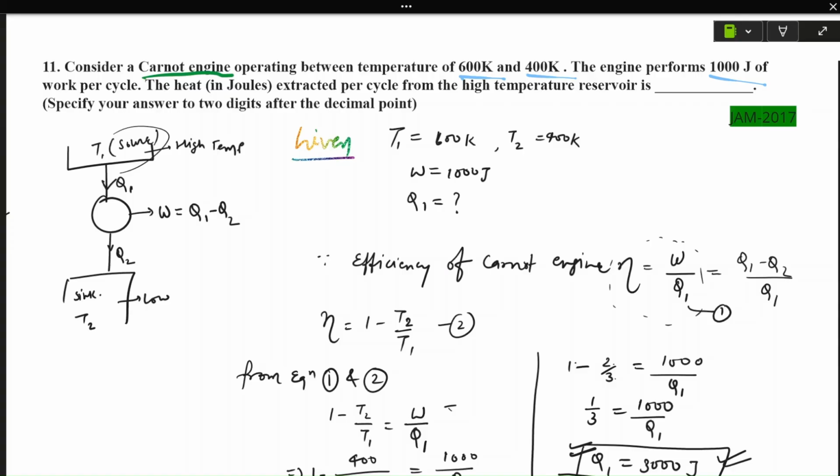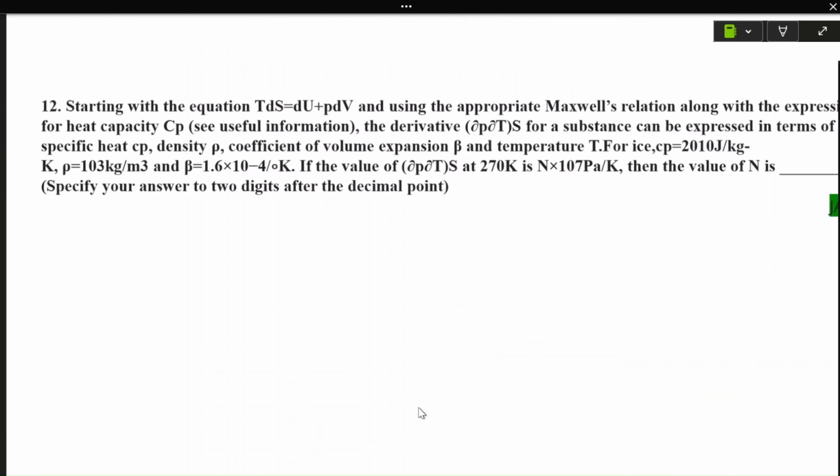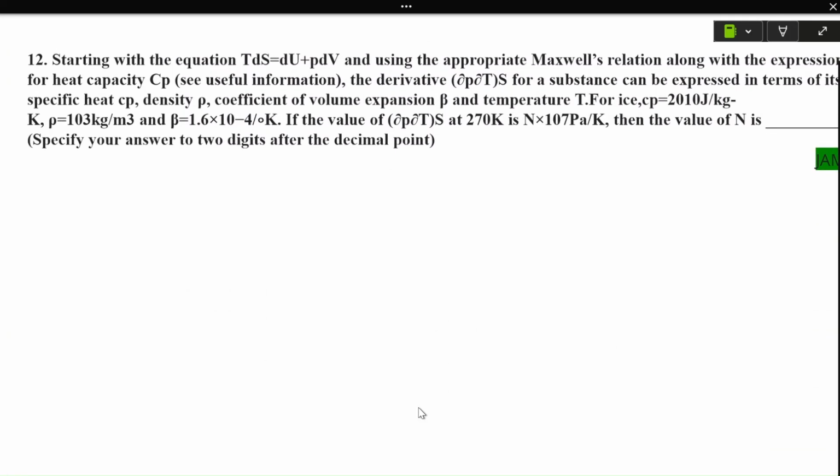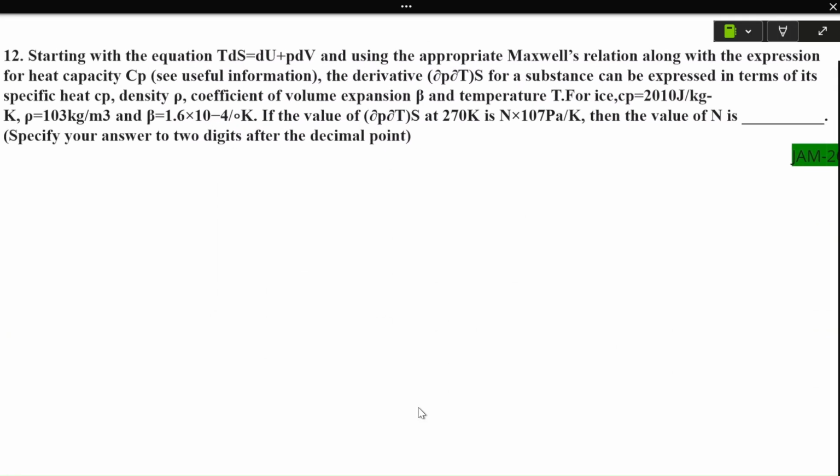It's an easy question. Now we move to our next question. I think it will be the last question for today's session. Okay. So in this question, given